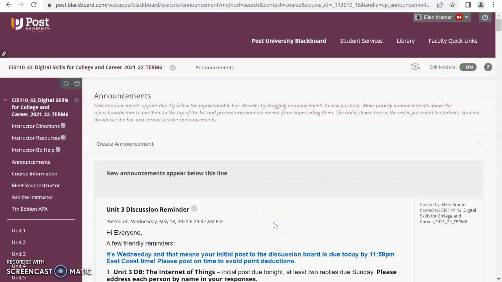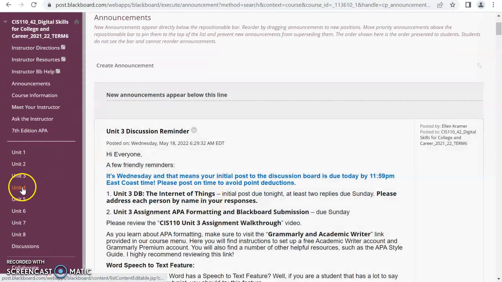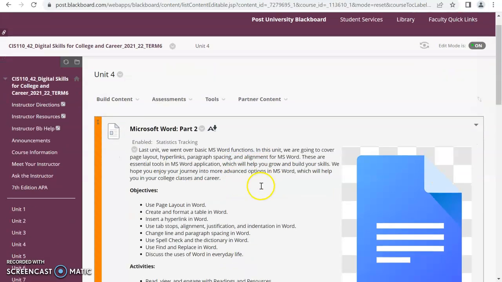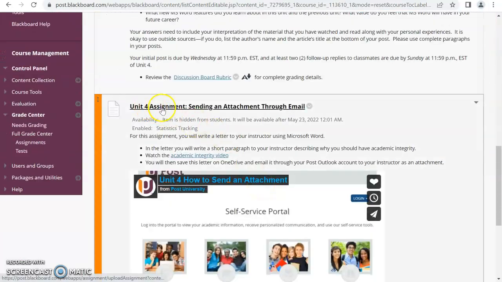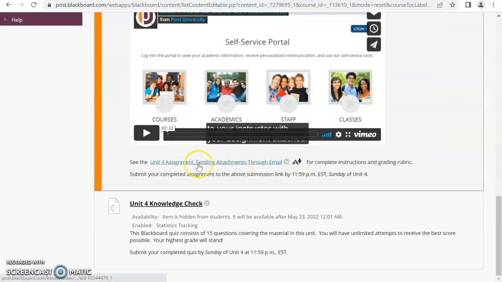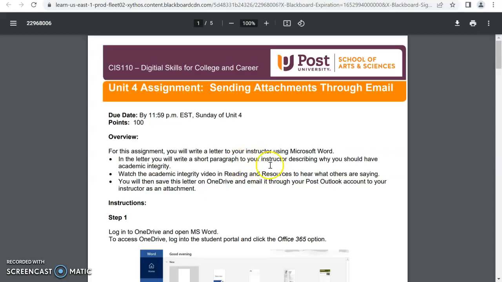This video will walk you through the Unit 4 assignment, sending attachments through email. First, go into our course and click on Unit 4. Scroll down until you find Unit 4 assignment, sending an attachment through email. Scroll down and click on this link, Unit 4 assignment, sending attachments through email, and open and download this file,